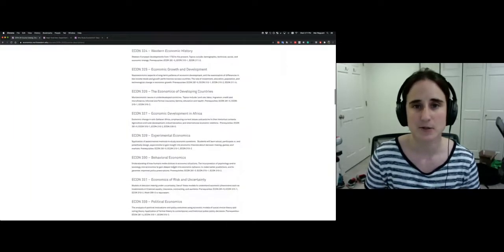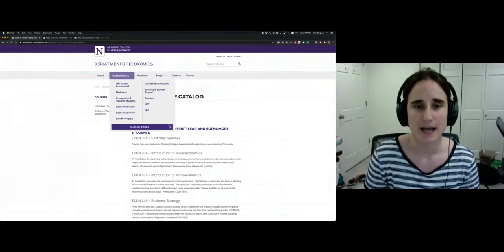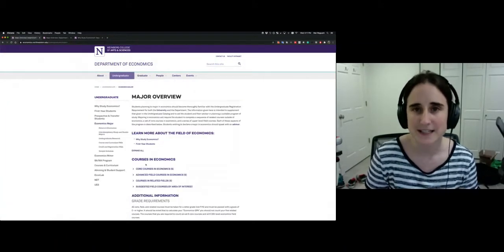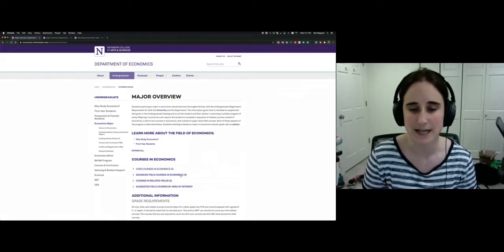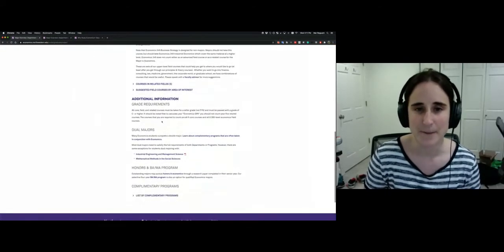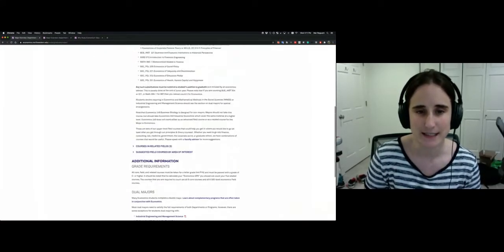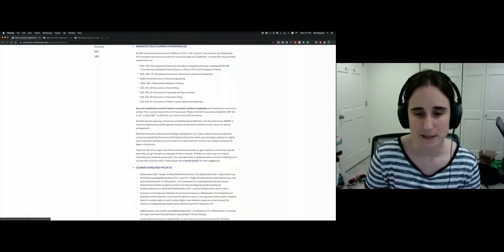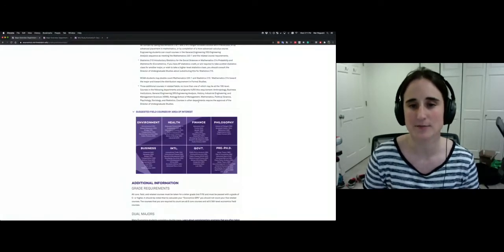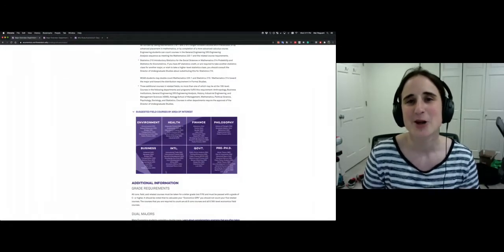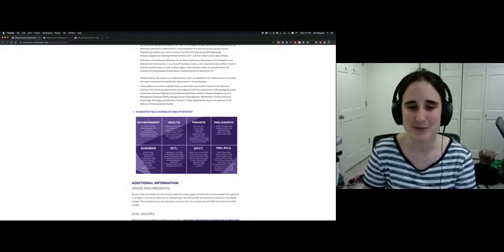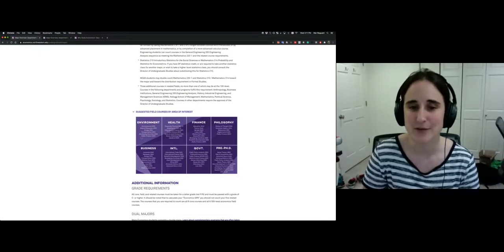So in that sense, it's very useful to go onto the website and look at undergraduates. You can go on economics majoring, and here we describe the process of what it takes to get the major, how many courses you can take. Importantly, if you go on to the advanced fields for economics, you can find this interesting chart here, suggested field courses by area, that will really bring some meaning to that long list of courses. So if you are interested in the environment, there are some very good courses that you can bunch together.